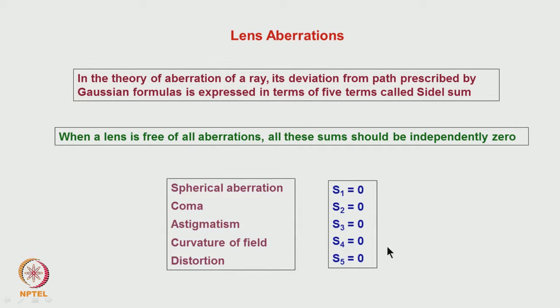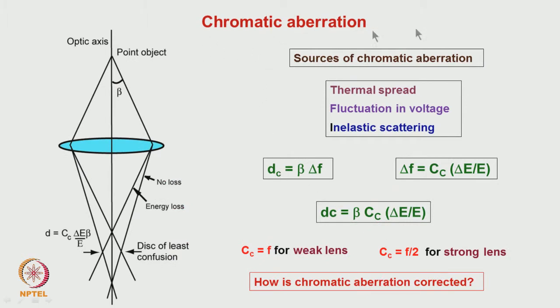In addition to it, there is another aberration, called chromatic aberration. You might have studied this also, but for the sake of completeness I wanted to mention that this is also one of the important aberrations which has to be corrected. This aberration arises not because of any problem with the lens. It comes because of the non-monochromaticity of the wavelength of the radiation. That is, the wavelength lambda is not a single particular value; there is some line width associated with it.